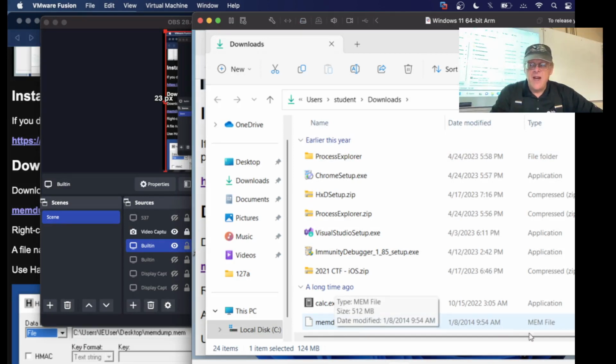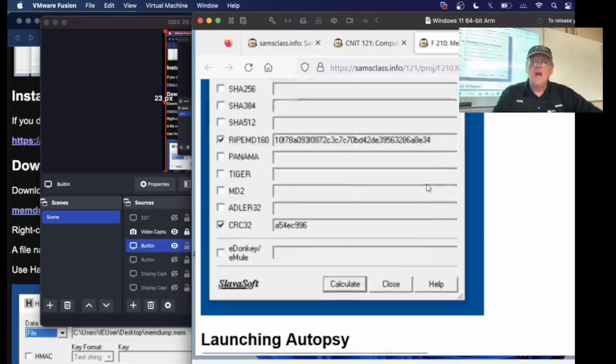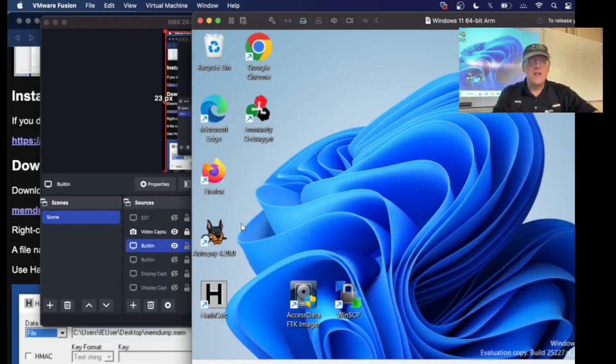So here's a memdump file that is 500 megabytes big. So it's a machine running with 512 megabytes of RAM, and that's got an image of its memory. Now, I used to use, I think, Memorize, and there was another tool that I used. There was a command line tool that was hard to use, but Autopsy has built it into Autopsy. That's why I say this class has gotten much easier than it used to be. Pretty much you have one universal tool for everything. So you run Autopsy,